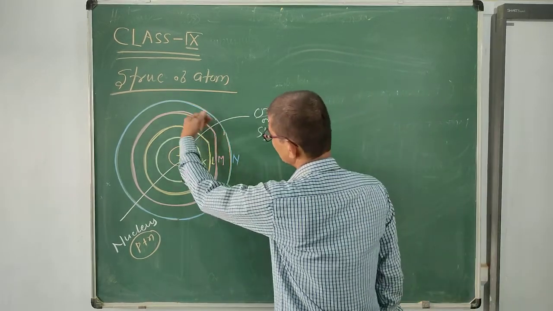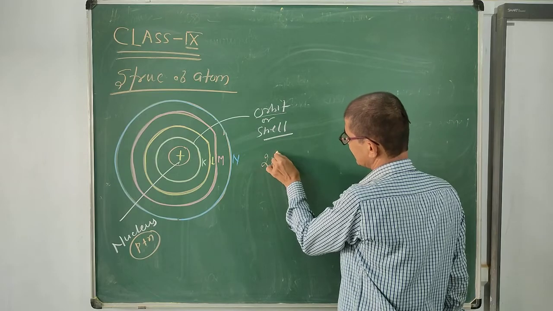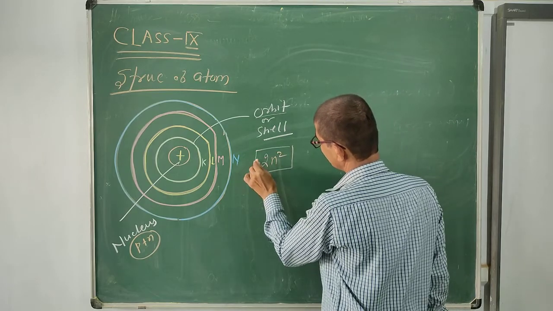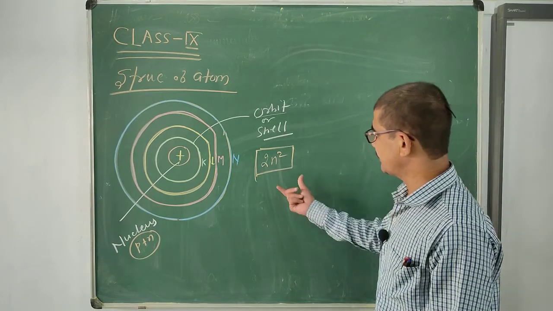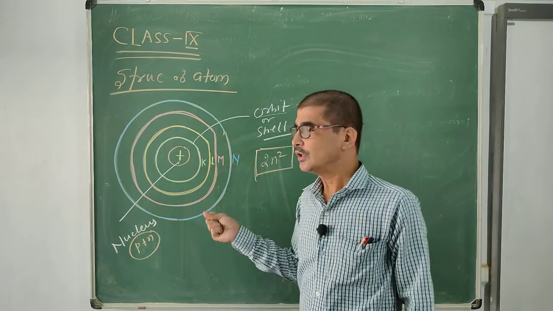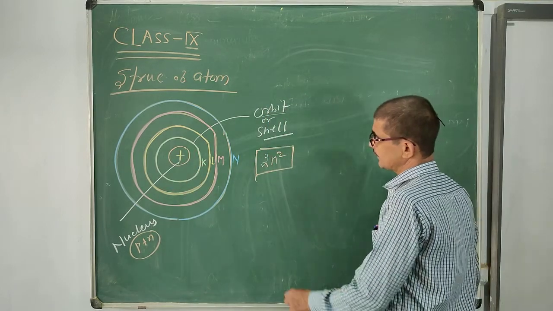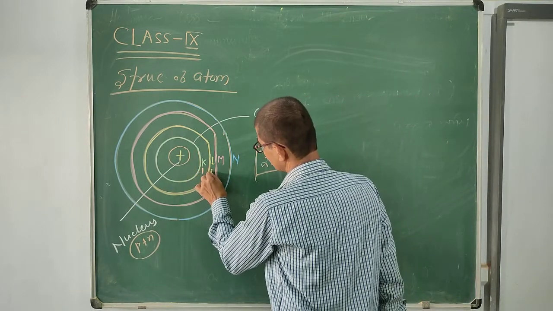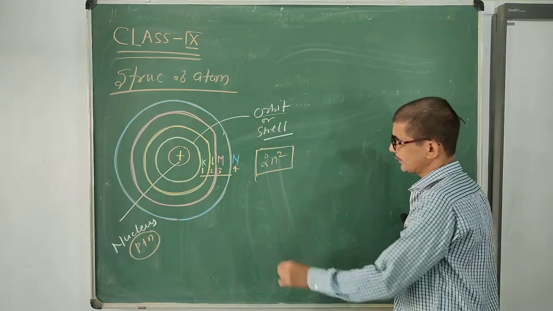Now how many electrons rotate in an orbit? This can be made clear with the help of this formula: 2n square. With the help of this formula we are able to know how many electrons rotate in an orbit, where n is the number of the orbit: 1, 2, 3, 4. These are orbit numbers. Okay, in K shell